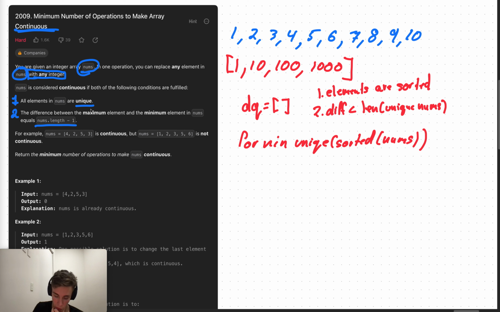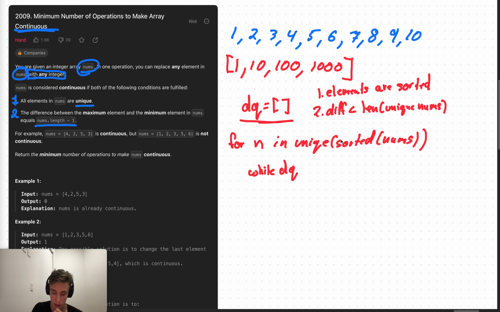Why is it so slow? Oh no. For n in unique and sorted nums, I'm going to say that while dq,